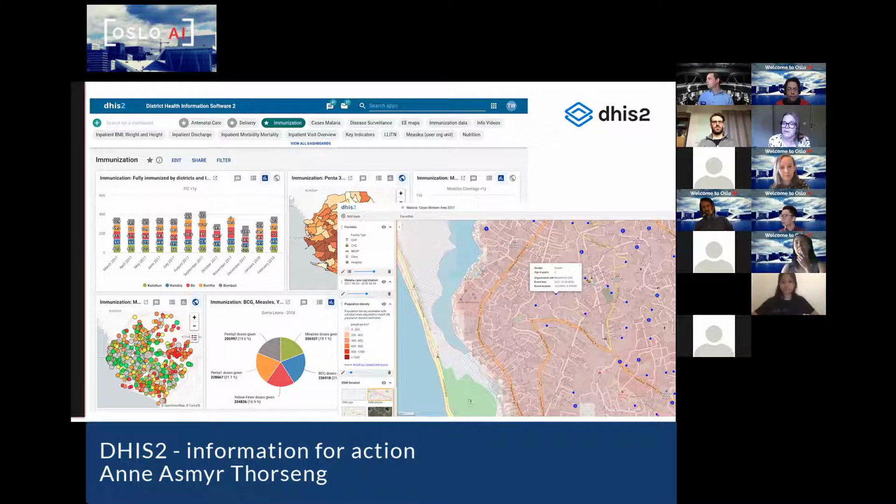But it will give more granular data, which can give more interesting analysis. And you can also link data to logistic modules, for example, to see the correlation between vaccine coverage and stock of vaccines, to point out where you need to make changes in your health system.